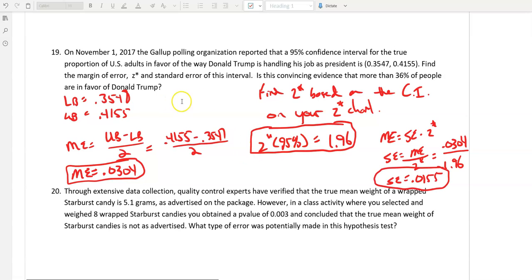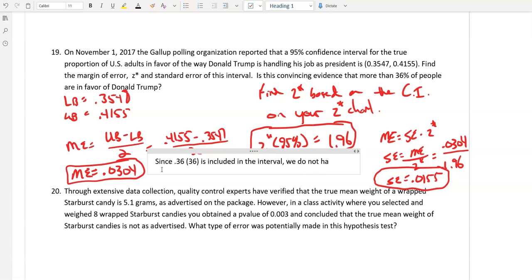There's my standard error. And is this convincing evidence that more than 36% of people are in favor of Trump? So for it to be convincing evidence, the entire interval would need to be above 36%, because then it would be convincing, because that would mean it's not even in that possible interval for it to be 36. So we'd have convincing evidence that it's actually higher than 36, right? So since 0.36, 36%, is included in the interval,